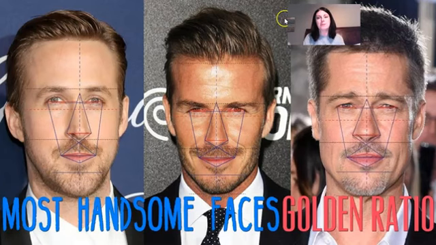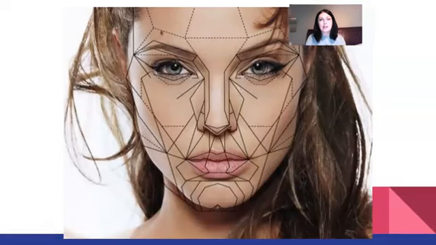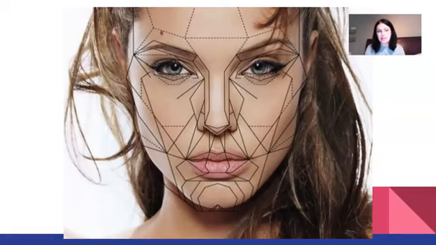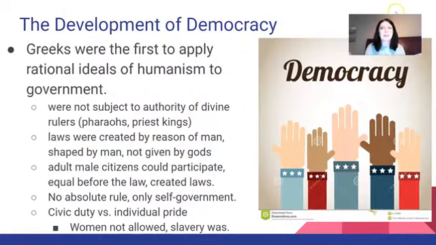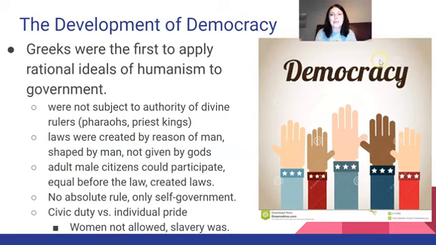And if you notice, they're some of the most attractive people to ever be recognized by celebrity culture. Angelina Jolie is also one, which is kind of crazy that she married Brad Pitt and they were both perfect, so go figure. It's no surprise that the Greeks are the first people to, in Athens, I should be clear,